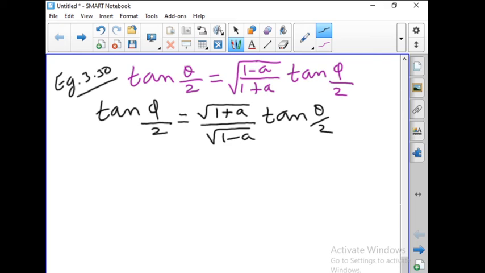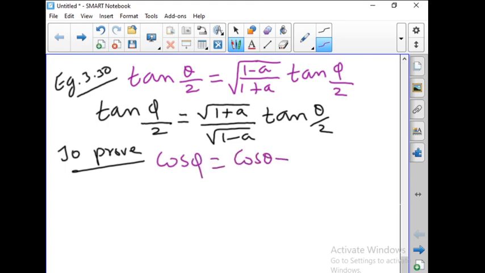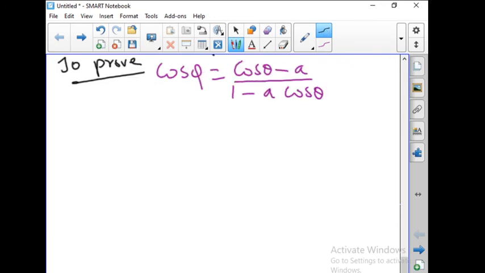We have to prove, what to prove? To prove is cos phi is equal to cos theta minus a by 1 minus a cos theta. This we have to prove. So